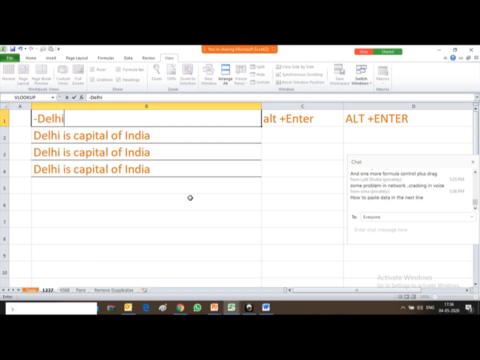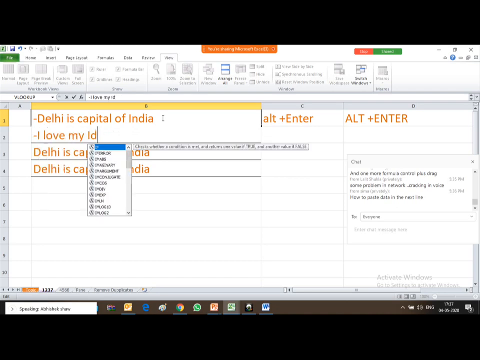Say Delhi is capital of India, and then I want to write in the next line, I love my India. So when I press Alt Enter, cursor will be taken to the next line, and then I again start with dash, then I love my India.